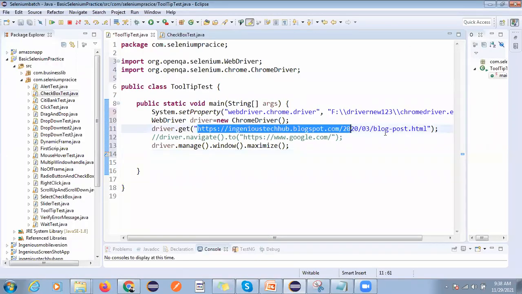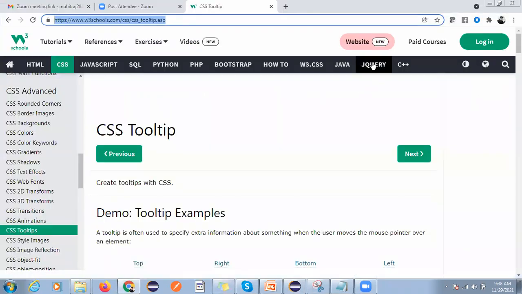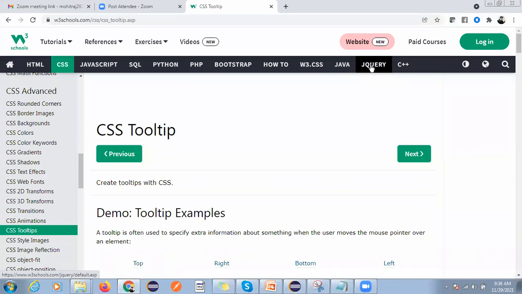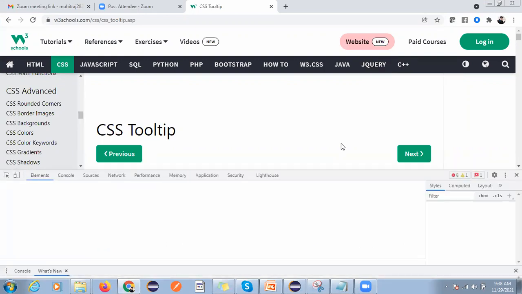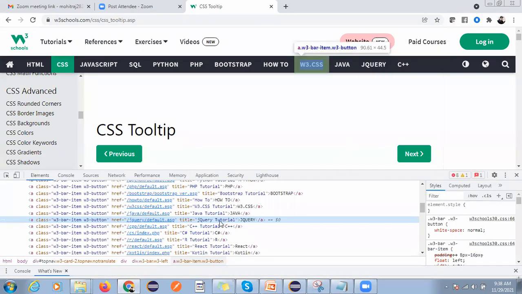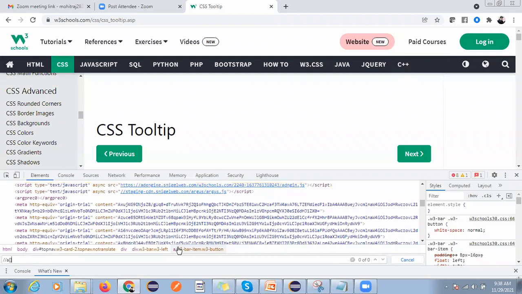Okay, so first step, what you have to do, first step you have to find the element, right? This element. So we can inspect this. When you inspect, you can see we have jQuery. So this is the text, right? So simply we can find the XPath for this, anchor tag a, and we can use the text function, no problem.